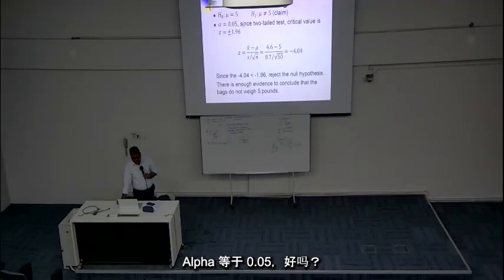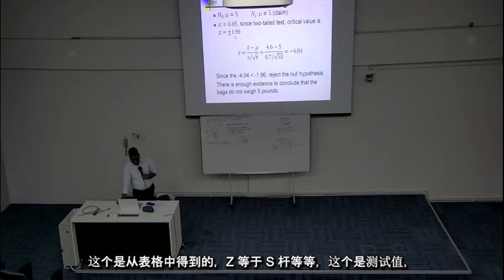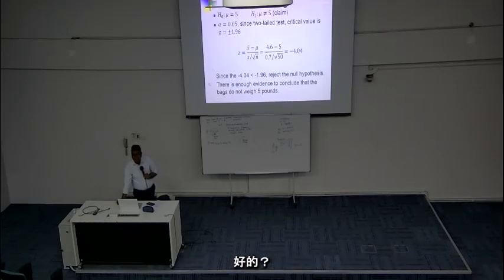Alpha is equal to 0.05, so the critical value will be 1.96. This one is from the table. Z is equal to x bar minus mu and so on. This one is the test value. So the test value is equal to negative